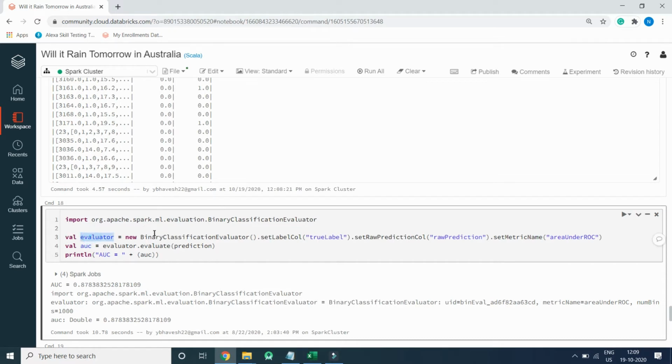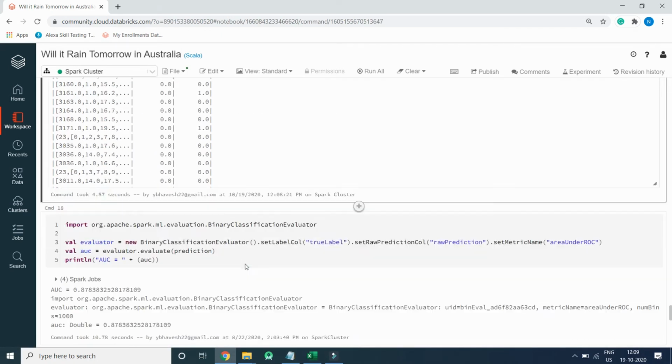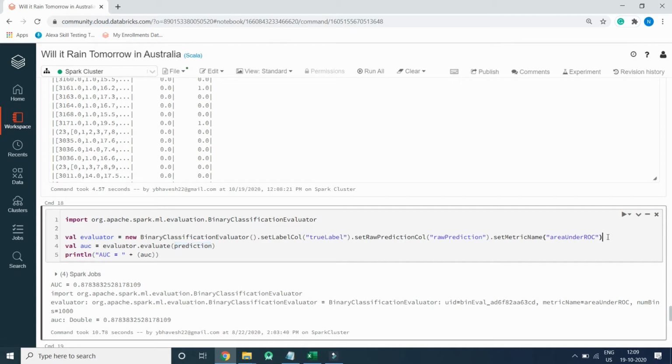Val evaluator equal to new binary classification evaluator, select true label, set raw prediction column as raw prediction, set metric as area under ROC, and val accuracy equal to evaluator dot evaluate prediction. So this is the prediction data frame which we will be passing over here. So this is something inbuilt provided by Spark. We haven't written anything rocket science over here. This is how we evaluate any model based on the result.